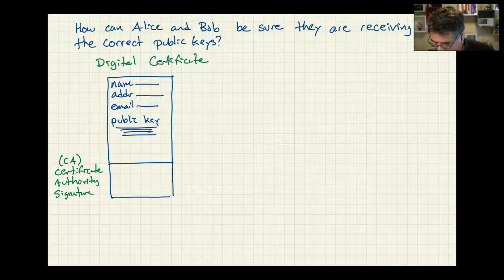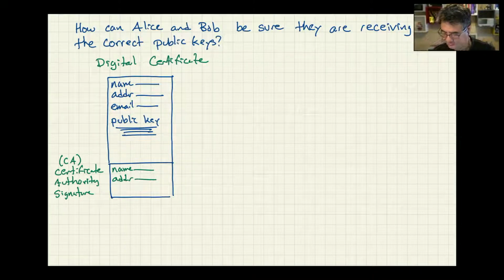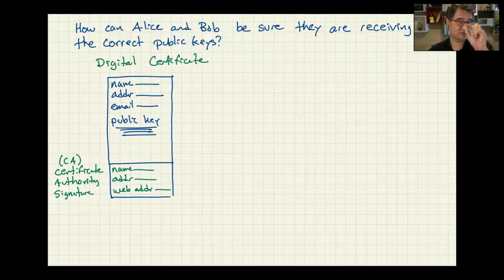It contains things like their name, their address, and probably their web address, so that anyone who obtains this certificate could go to that address and essentially confirm the identity of the certificate